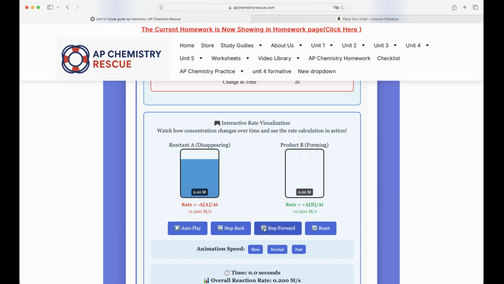First, A has decreased from 2 molar, or 2 moles per liter, to 1.8 moles per liter, while the concentration of the product was 0 and it is increasing. So the concentration of the reactant is decreasing and the concentration of the product is increasing, and it depends on